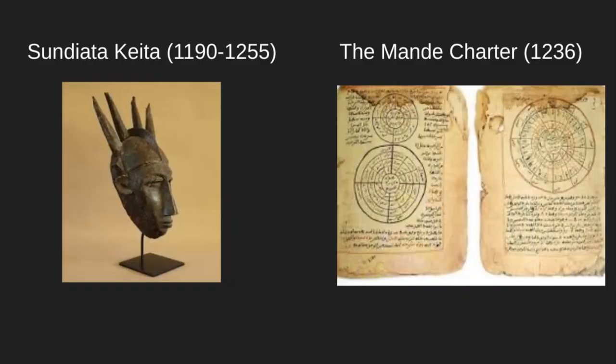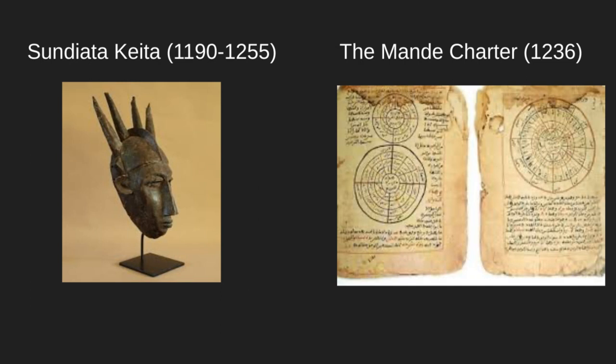The Mandate Charter. There you can see Sundiata Keita, he ruled from 1190 to 1255. The Epic of Sonjara by John Williams Johnson is perhaps the best transcription that I know of the Griot epic that is about his rise to power. Although there were other versions as well, because the griots, like Alhaji Papa Suso, have sung his praises for many hundreds of years.